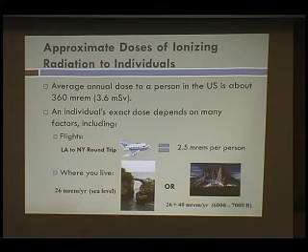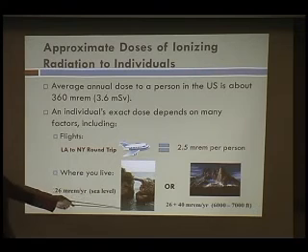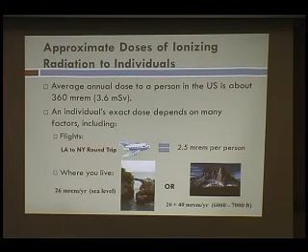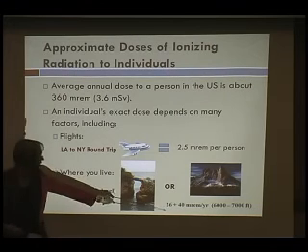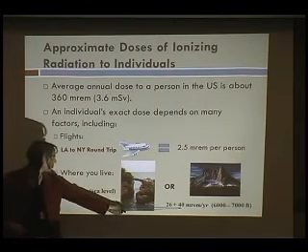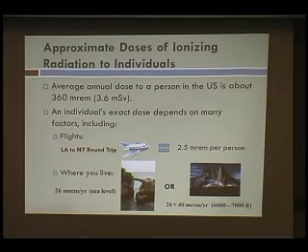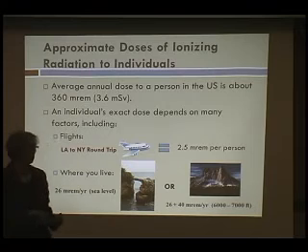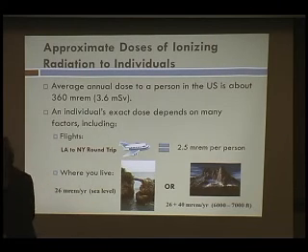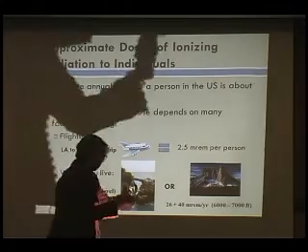And it also is highly dependent on where you live. So if you live at sea level, so this is supposed to be sea level here, hopefully people in the back can somewhat see the water and cliffs there. If you live at sea level, then you're getting about 26 millirems per year. But if you live at 6,000 to 7,000 feet elevation, then you're going to get the 26 from sea level, but also plus 40. So you're getting an additional amount of ionizing radiation just by being at a higher elevation. And then, of course, you add into this how many medical procedures you might have in a given year, and then you start to add more.